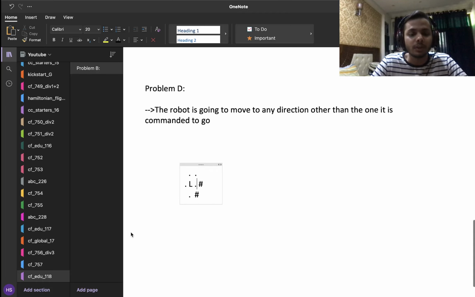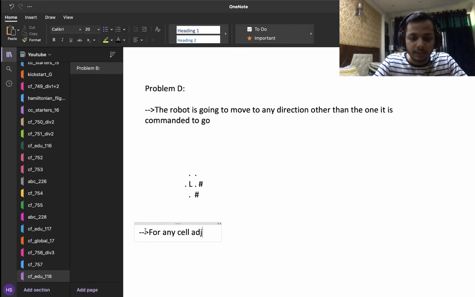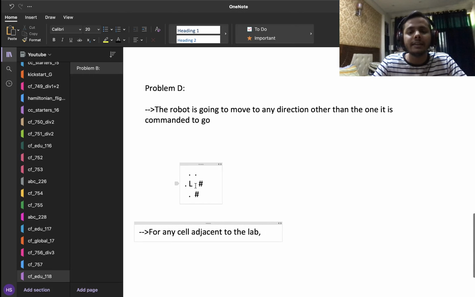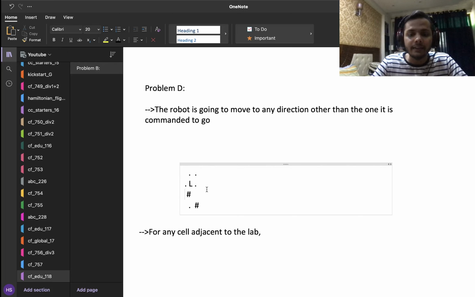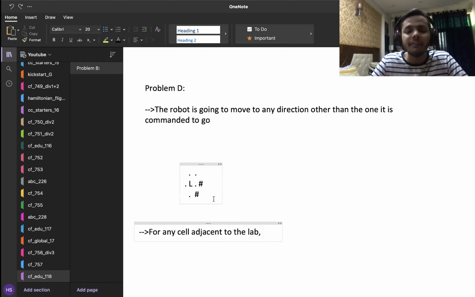And so what I notice is that for any cell adjacent to the lab, the thing to notice is that this particular cell had just one adjacent cell which is free other than the lab, right? And if I command him to go to that free cell, then he will not go to that free cell, and then there is just the lab to go, right?